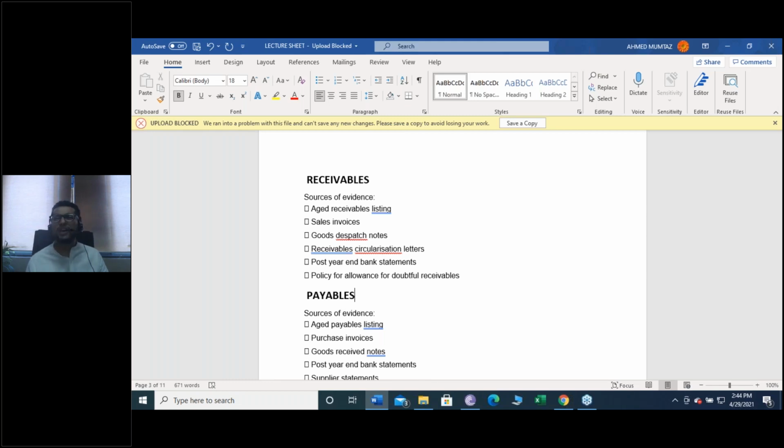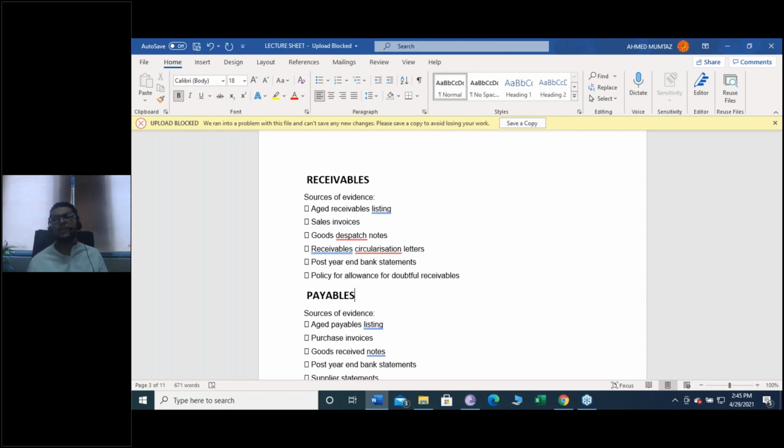Now how can I verify existence? I need to verify whether the 1 million receivable does exist, yes or no. I've got a doubt in my mind. As a skeptic, my attitude is skeptic, so I've got doubt. I don't know whether the receivable does exist or not. So in order to verify the existence of receivable, I would like to inspect the post year-end bank statement and cash day book. If the receivable has been converted into cash, it will be reflected in the bank statement and cash day book. So I would like to inspect the post year-end bank statement and cash day book in order to verify that receivable does exist, because if that receivable does exist, it will be reflected in the bank statement after the year end.